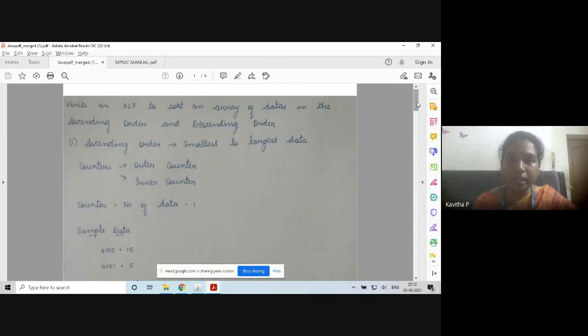And now we will see the 8085 ascending and descending order programs. So first one is the ascending order, where we are supposed to arrange the numbers from the smallest towards the largest. So with the given set of data, we'll have to sort the numbers from the smallest towards the largest number,